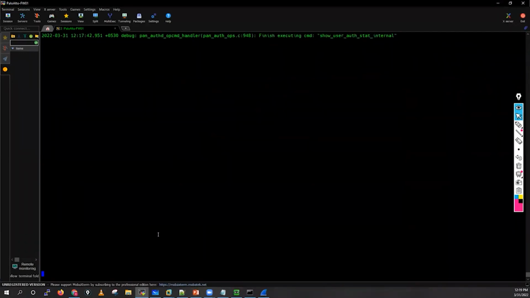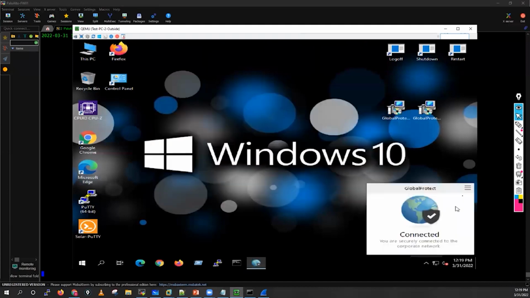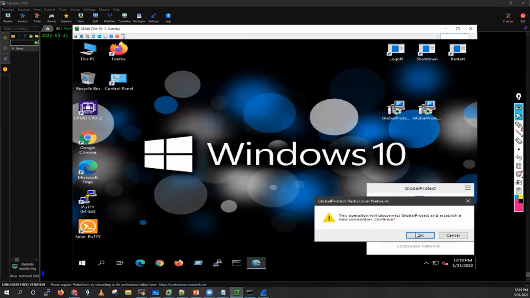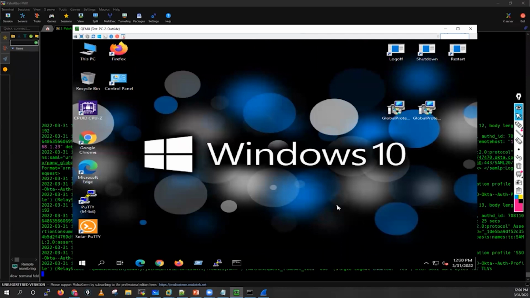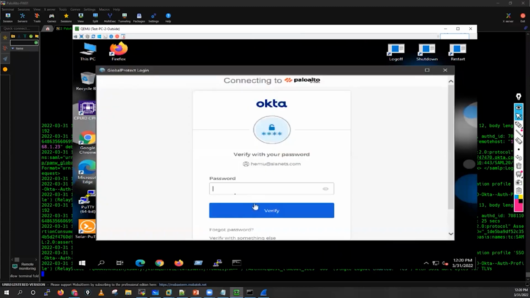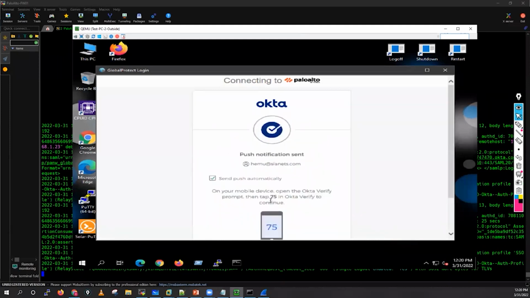But we have the wrong certificate this time. Go here, do one thing, just refresh the connection. So I have refreshed the connection. Let's wait now. Put the password; username is already there. I will put the password. Select the push notification option. I have to click on 75 on my phone. I have done it. Let's see